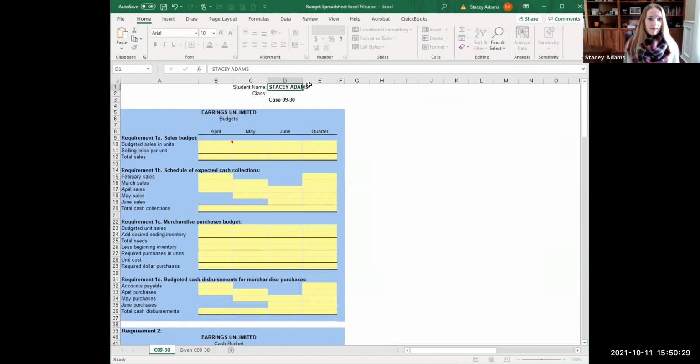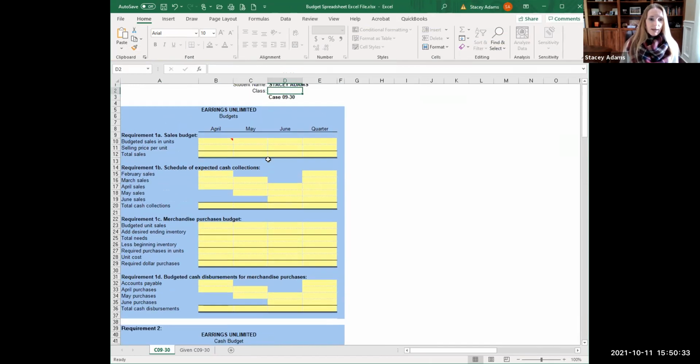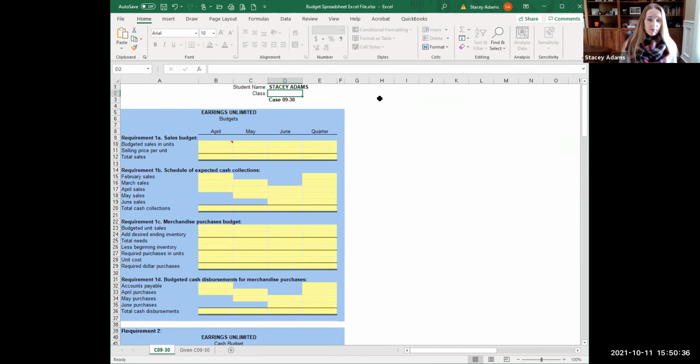And oh, spelling is a thing. And I already know what class you're in, so don't worry about that. But what I would encourage you guys to do, and this will truly make your life easier as you go through this project, is use formulas. Okay, don't just type in numbers, but use formulas like we've been practicing in the Excel simulation problems in your